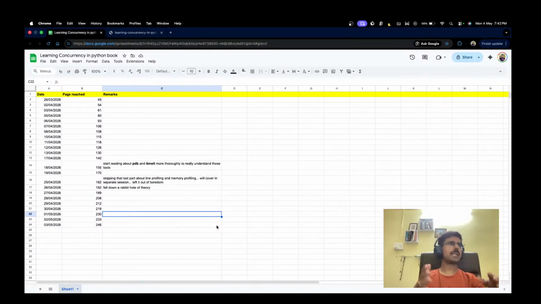Before that, actually in between, they sort of got into how we can use queues for communication between processes, and that is something that